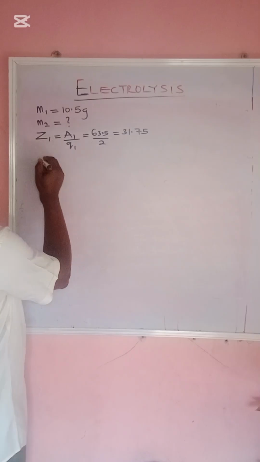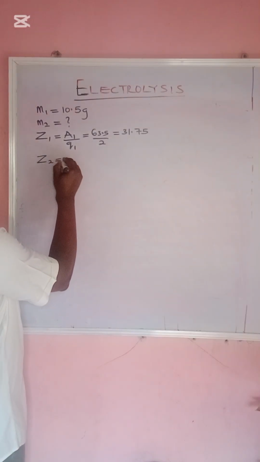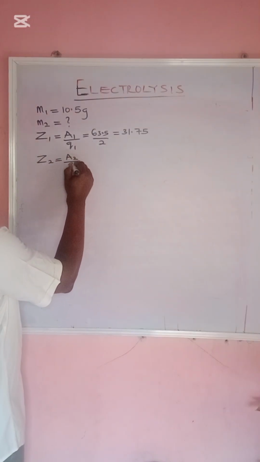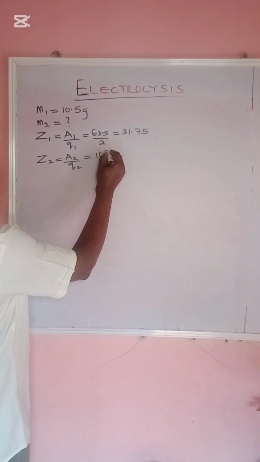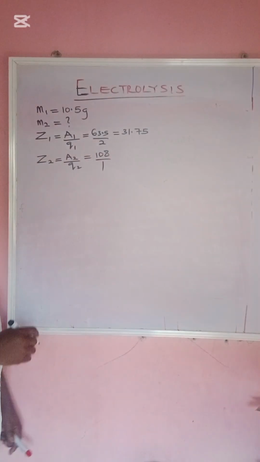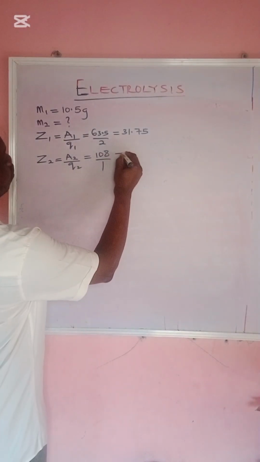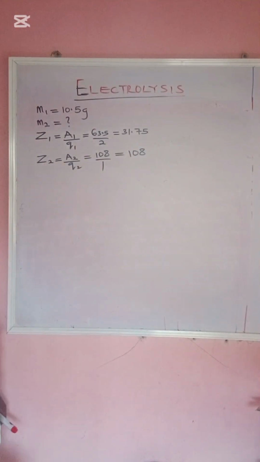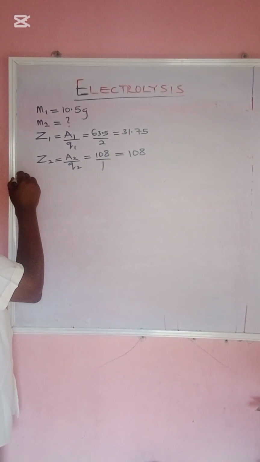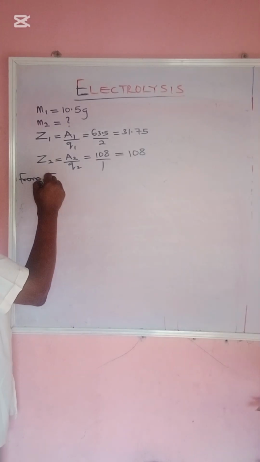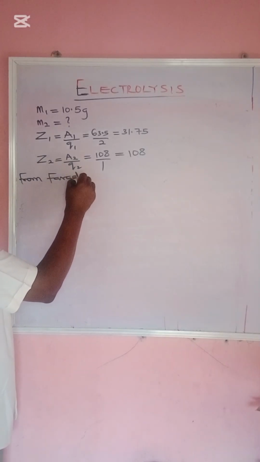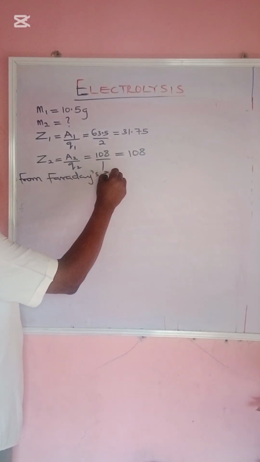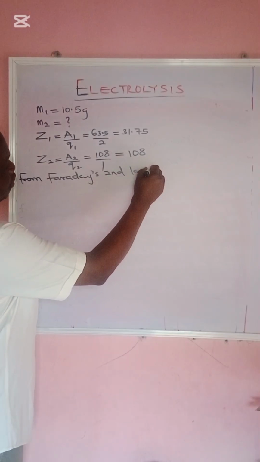So Z2, that of silver, is A2 all over charge. Silver is 108, the charge of silver is 1. So 108. That is what we have. Then from Faraday's second law